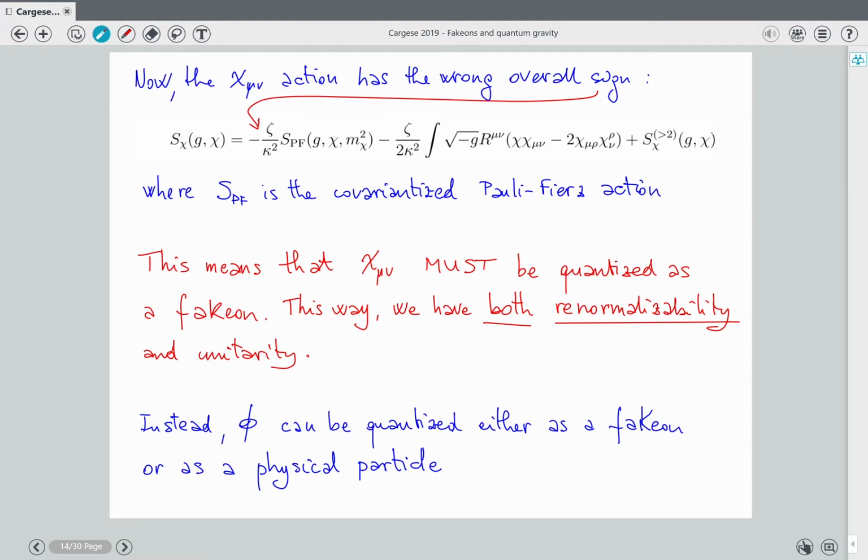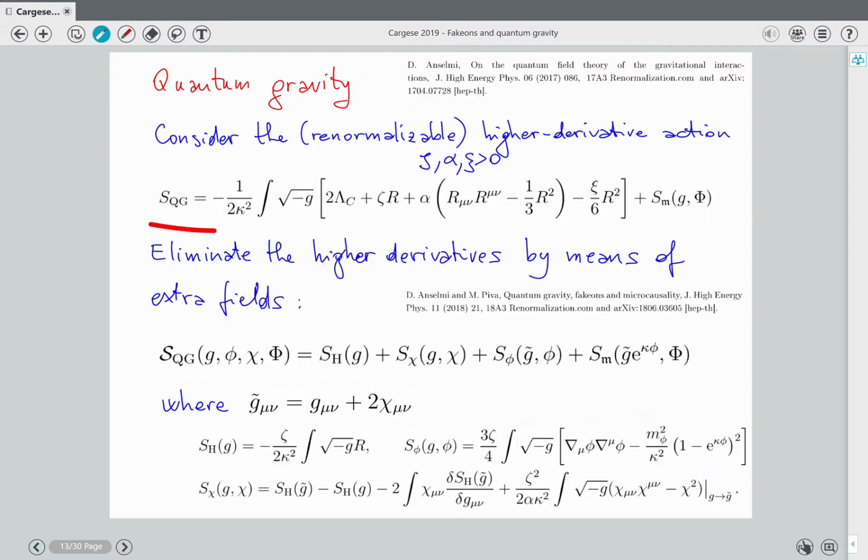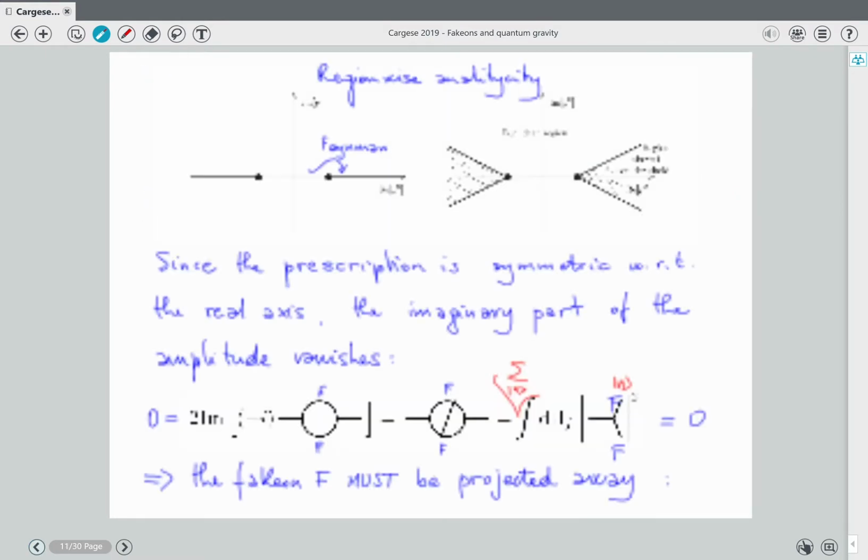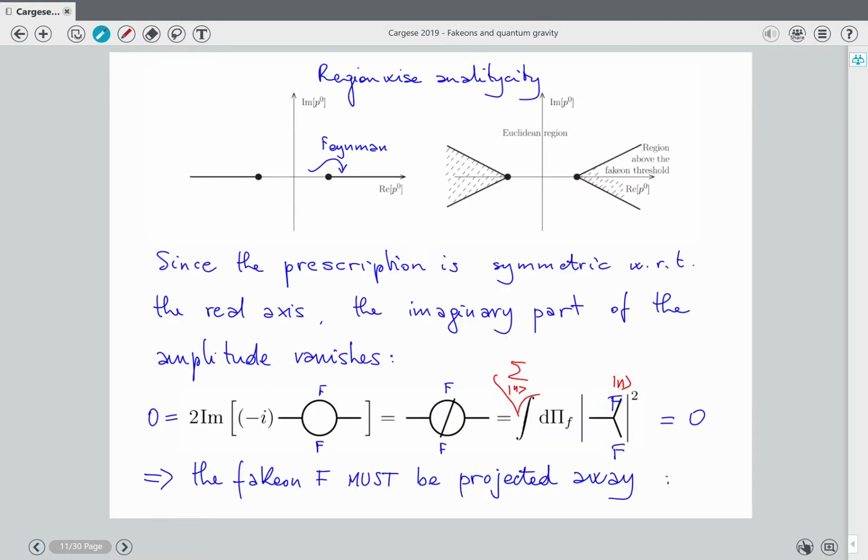Why do we have renormalizability? First, because this theory is renormalizable. Second, because the construction does not spoil renormalizability. Remember that once you compute everything in the Euclidean region, you have an unambiguous way to compute everything in every other region. So if you renormalize the Euclidean region,